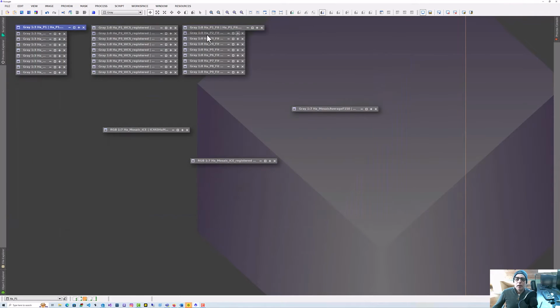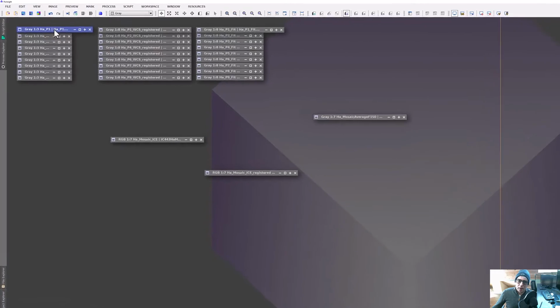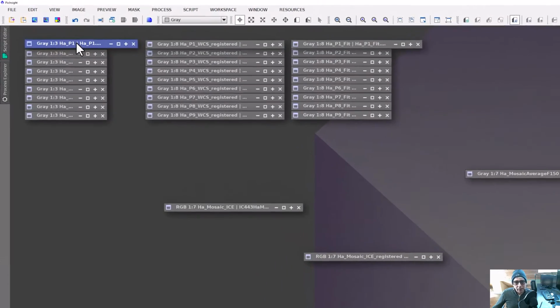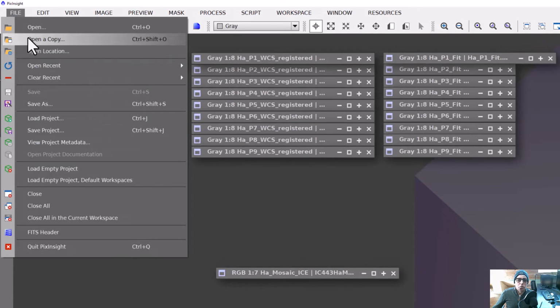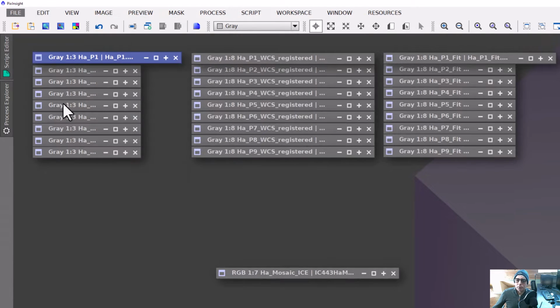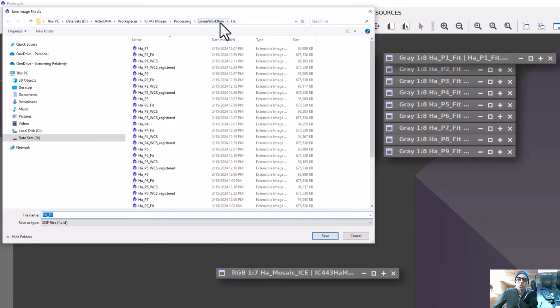Okay. In addition to that, I save each of these files to a local drive, save as, and I put it into the channel folder, HA, but then I save it as HAP1, and I save it as an EXIF